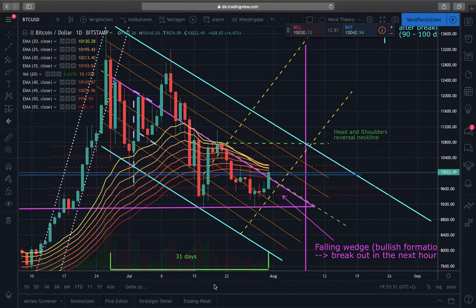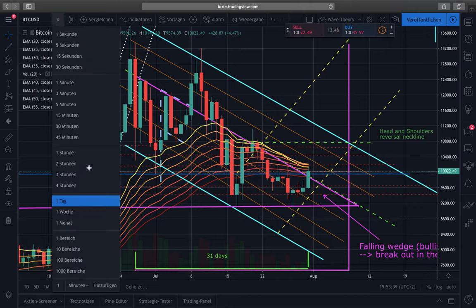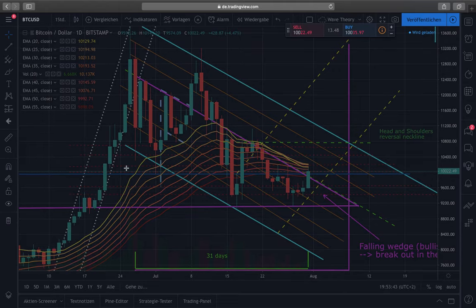This is the live chart, and yeah, what is happening? I mean, in my last video, I was talking about the little falling wedge. So when we go to the 1 hourly chart,